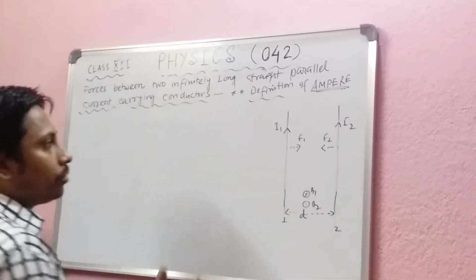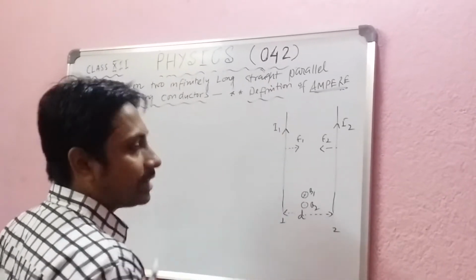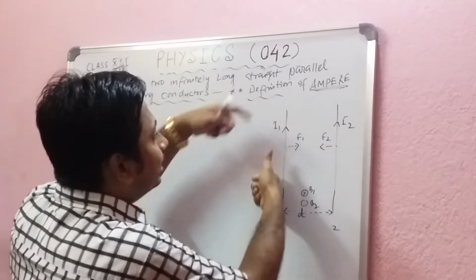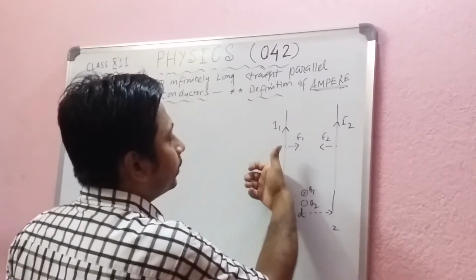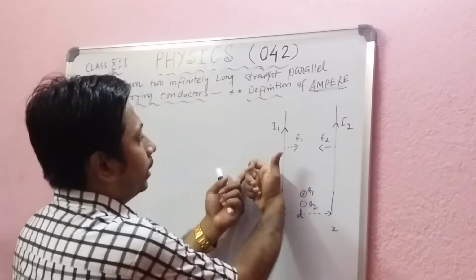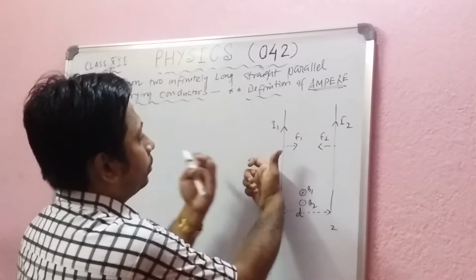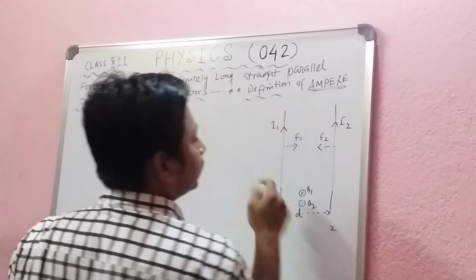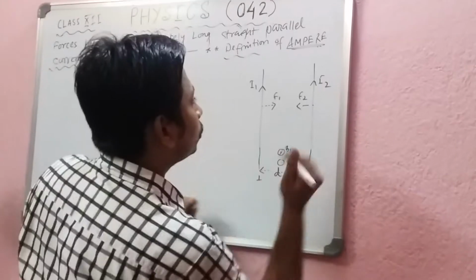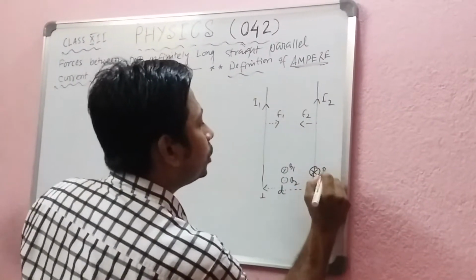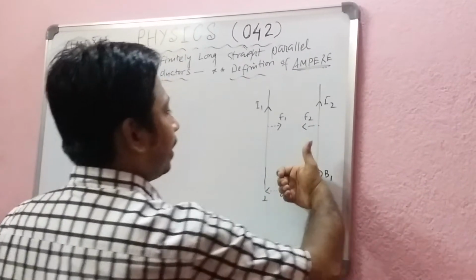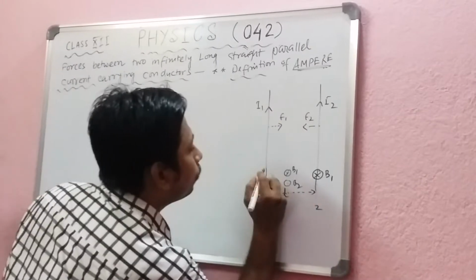So you know, students, whenever current passes through a conductor, there will be a magnetic field produced. So here we use the right hand thumb rule like this. Thumb represents the direction of current and the rest of the fingers denote the magnetic field. Here, on the left side of I1, the dot field means it comes out, and here the cross means it goes into the board. So we can write a cross here. So on I2 there is a cross field due to B1, and due to I2 on I1, the magnetic field here is a dot. So we put a dot here.